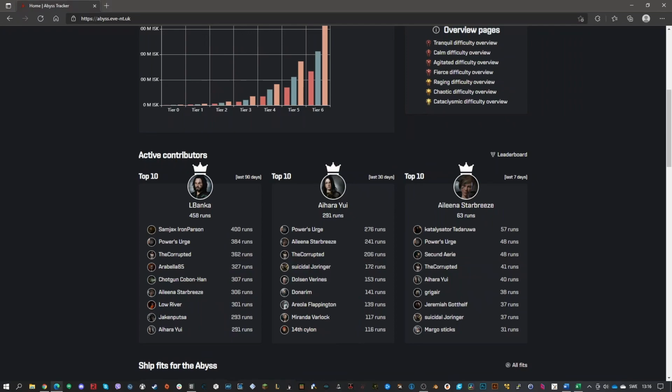Today I'm going to do a little bit of a quote-unquote study with you guys. This is basically to see the average amount of loot across Cruiser Abyss between different types of weather effects, because I found, and other people as well, found that especially T6 exotics, they are giving a very low ISK compared